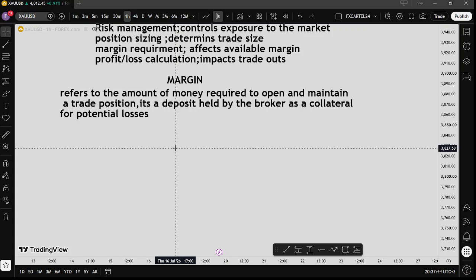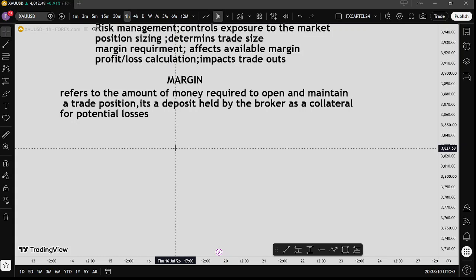Okay, so if you enter a trade, they give you a possibility, that collateral. When you enter a trade and go to where the trades are, you look at the top and see balance,